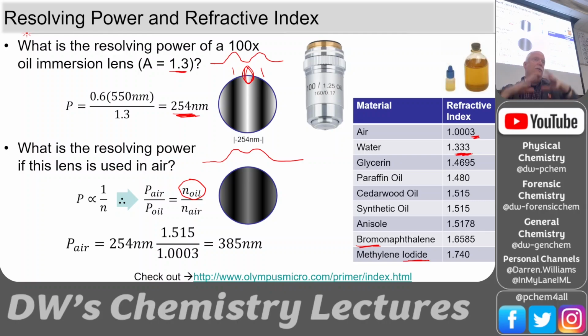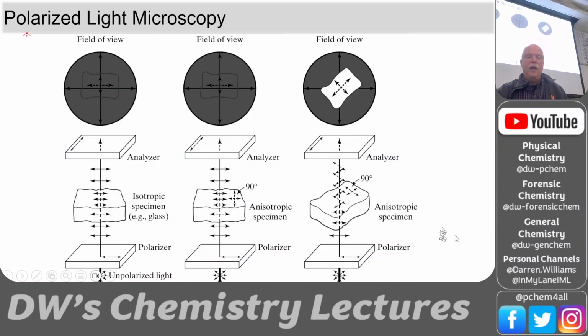So the bigger those atoms are, the more fluffy their electrons are. And so when light comes in, it really slows down in a bromine or an iodine atom. Okay, and so they have a really high refractive index. Now what's interesting with these refractive indices, I know this slide says polarized light microscopy, but let's pause for a second and let's look at what we'd see if we had bright field